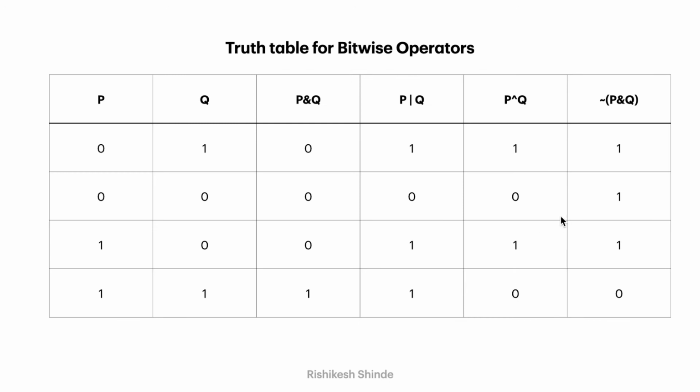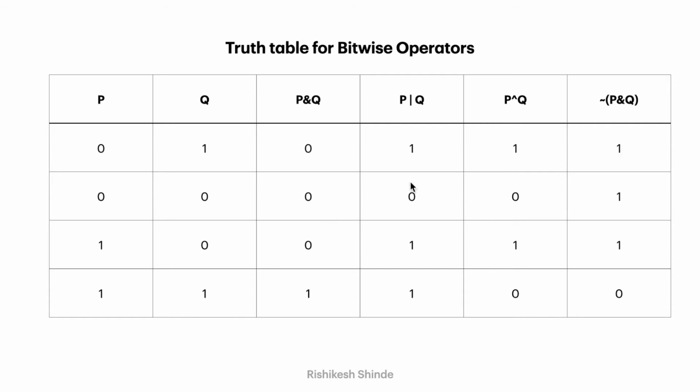The same happens in this truth table also. We have the values of p and q in the third column, and in the last column we have the values of the NOT operator on p and q. Whenever we have a value of 0 in the p and q column, we get an output of 1 with the NOT operator. Here you can see that in the first row we have a value of 0 in p and q, but after using the NOT operator we have a value of 1.